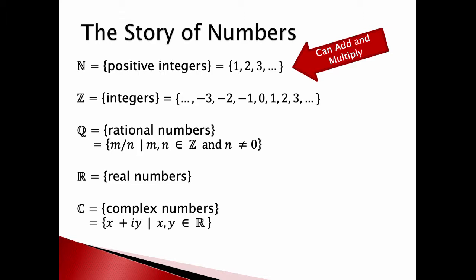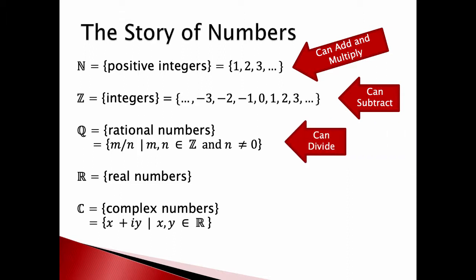What we need all of the integers for, throwing in negative numbers and zero, is so that we can subtract, right? If we were doing this in an algebra class, I would carefully say, so we have an additive inverse for everything. With the rational numbers, they show up so we can divide. Or again, if I were doing algebra, I'd say, so we have a multiplicative inverse for everything except zero.